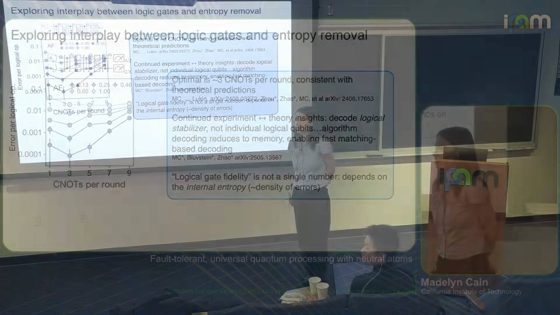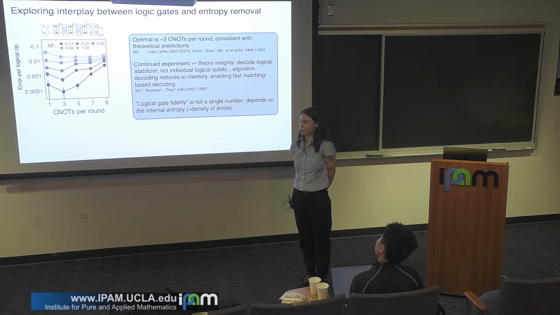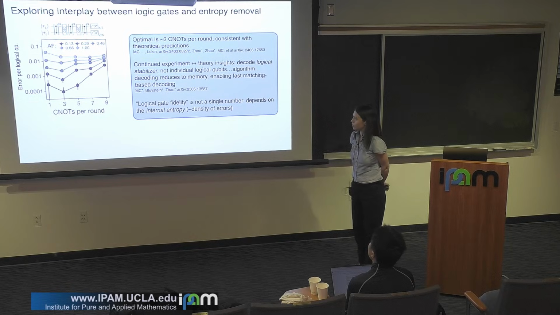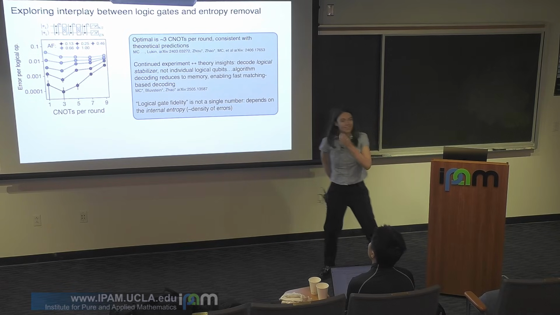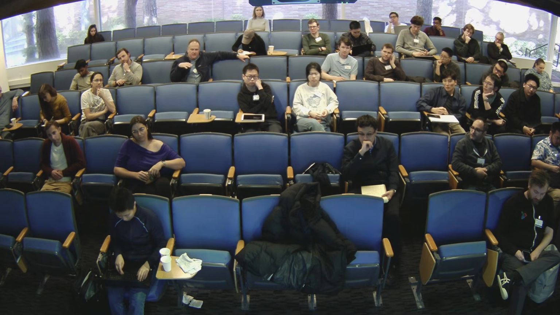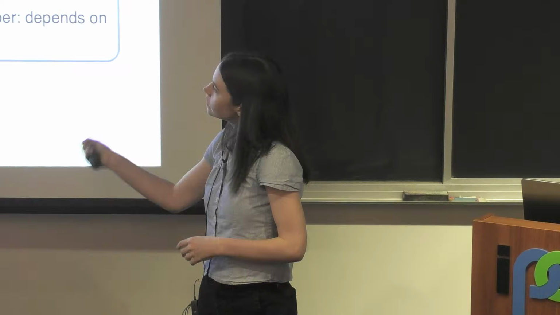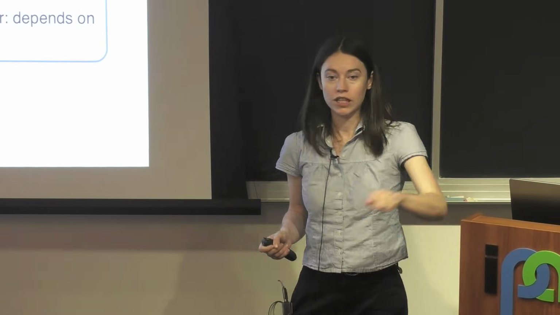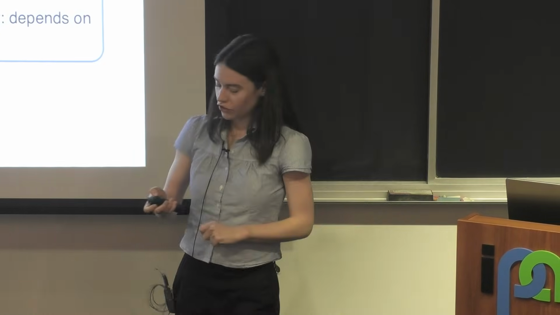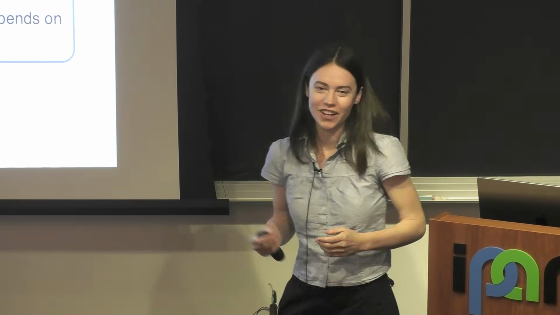Yeah? So would I be correct in thinking that that optimal number might actually scale with, let's say, whatever your physical error rates are? So if those get better, that number will get higher. Yes, absolutely. So is your error correction just measuring stabilizers, or are you doing something like Steane error correction, or have you thought about that at all? Great question. So in this experiment, we're doing just stabilizer-based error correction. What I'll show next in the last few minutes is that we will do teleportation-based error correction. Steane error correction is also very nice for these systems. So there's a lot of flexibility.